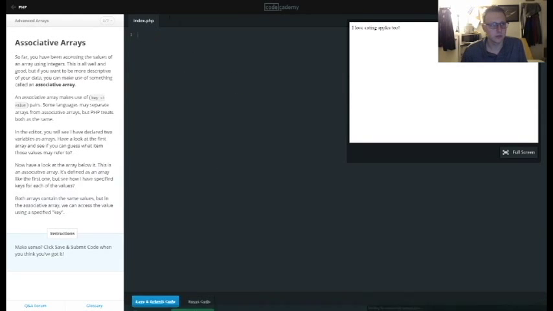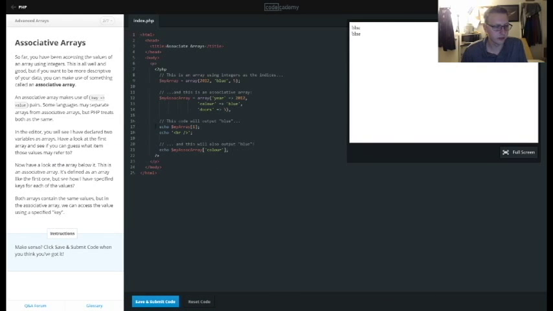And then the next section, associative arrays. So let's take a look at what's going on here. This is an array using integers as indices. This is an associative array. Remember kind of the hashes and the keys and whatnot. So this is the key to the door to the value. That's just how I remember it. But so we get blue, blue. So let's go ahead and